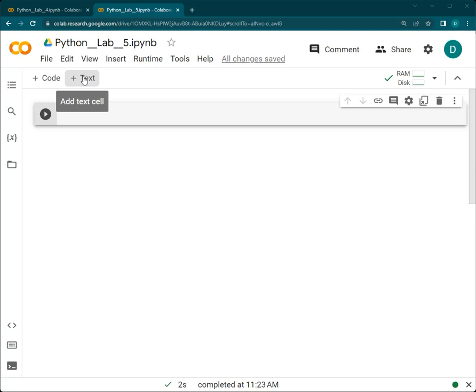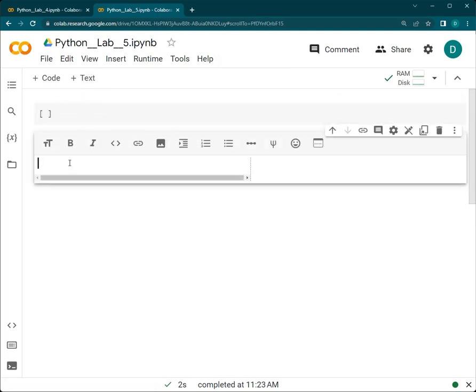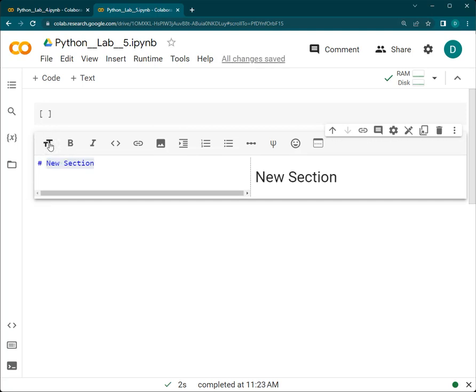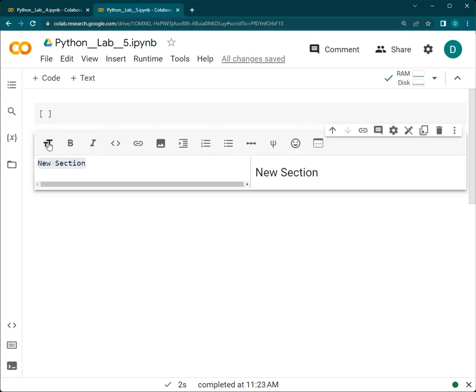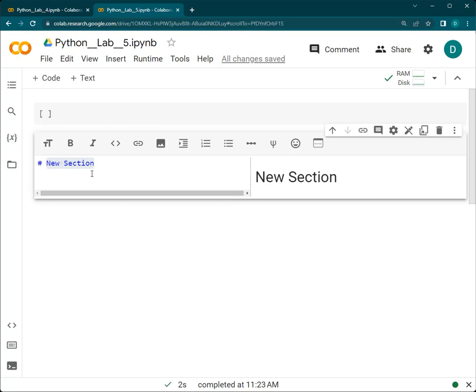So the first thing I'll do is to click here on text, double click on it, and first come here where we have T. I'll click on it to have one hashtag, then it's going to give me something as big as that. If I click for a second hashtag, you see it becomes smaller and so on. So I'll go back to just one hashtag. I'll put my text here,